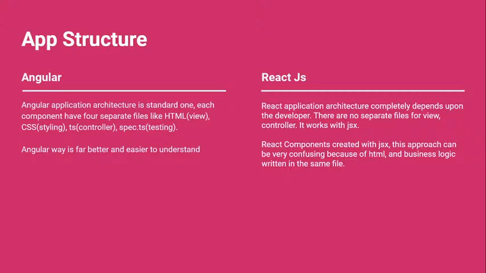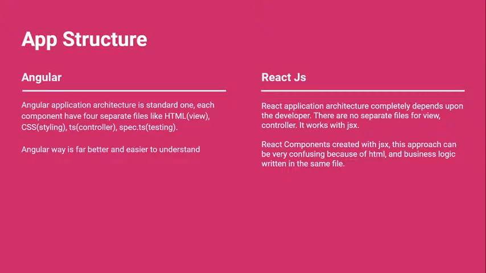Each component has an HTML file, a CSS file, a TypeScript file, and a spec.ts file for testing. So it's a basic structure for a component. Also, a module has app.module.ts and routers, app.router.ts. So they have some structure, right? So that's where Angular is better than